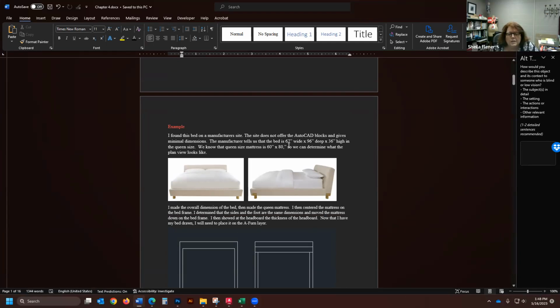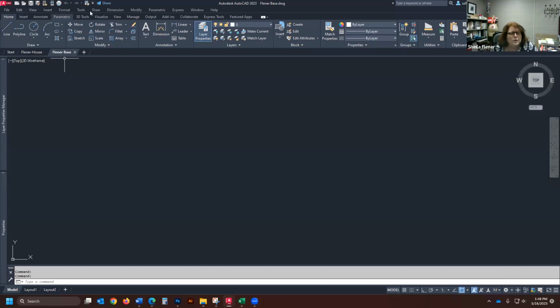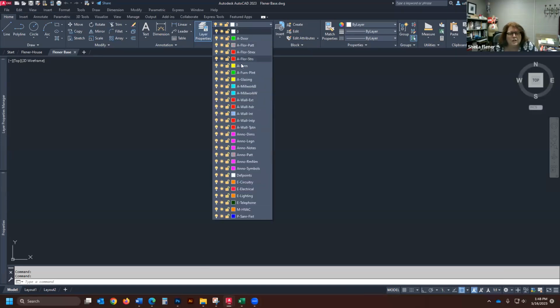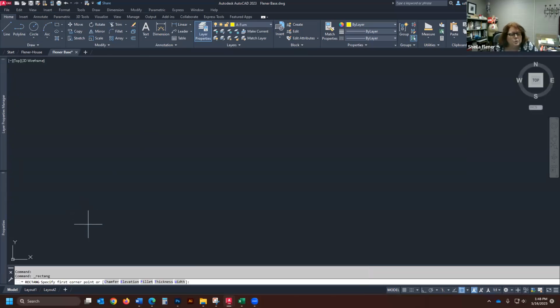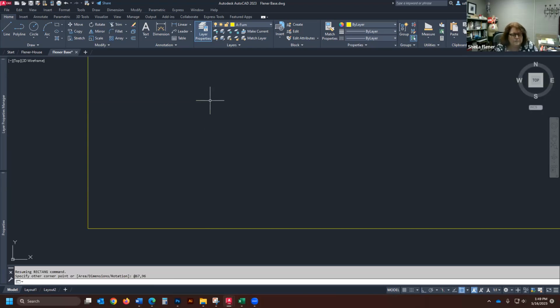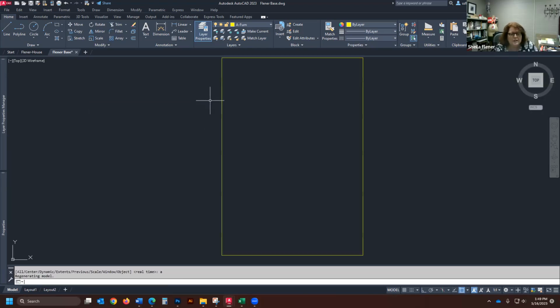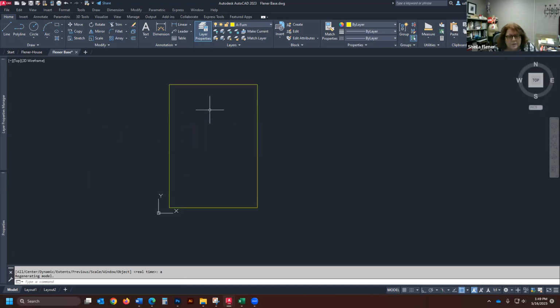So our first measurement is a rectangle that's 67 by 96 and a rectangle that's 60 by 80. So we're going to first switch our current layer to A-Fern. We're going to click the rectangle tool, click on the screen and do at 67, 96. Enter. Then we'll do Z, enter A, enter to zoom off. So this is our bed,